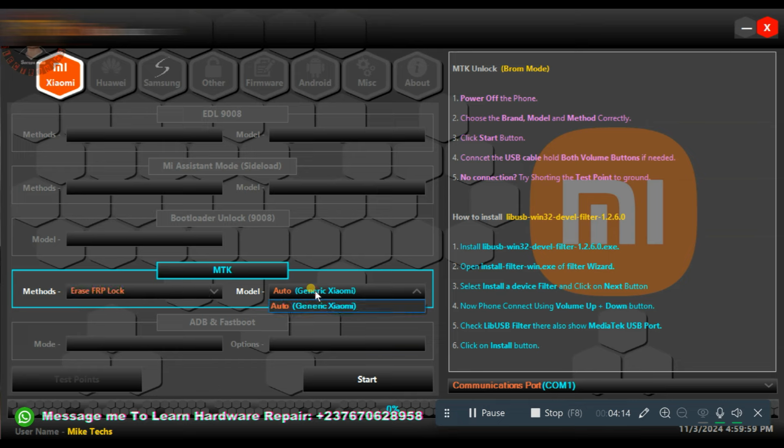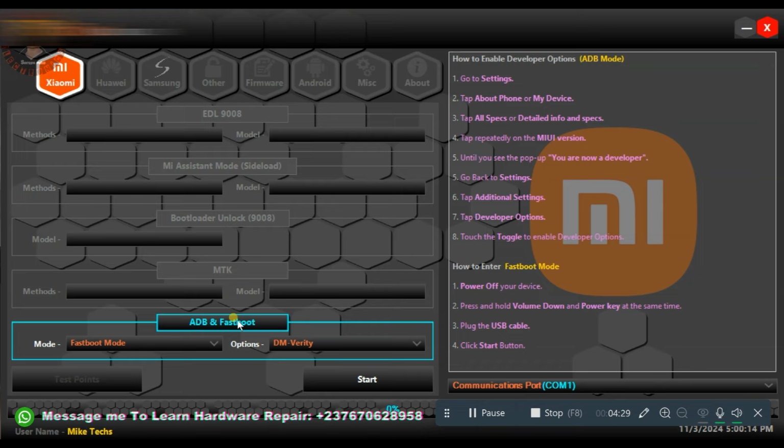FRP, you can see it automatically select the model. So if you have any model, you can connect it to bypass FRP, and it's going to automatically select it in case it supports the particular CPU running in the mobile phone. So if you come to